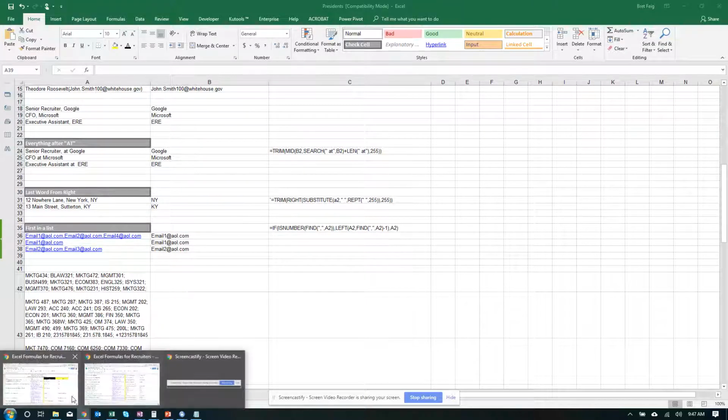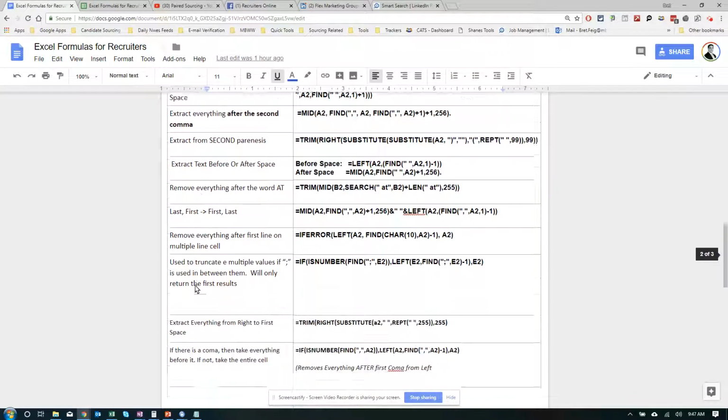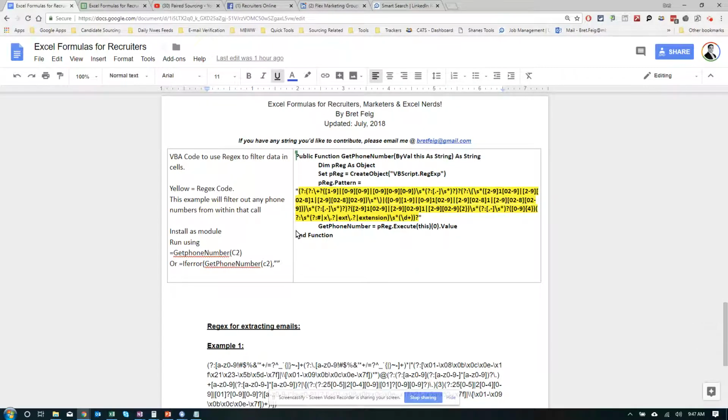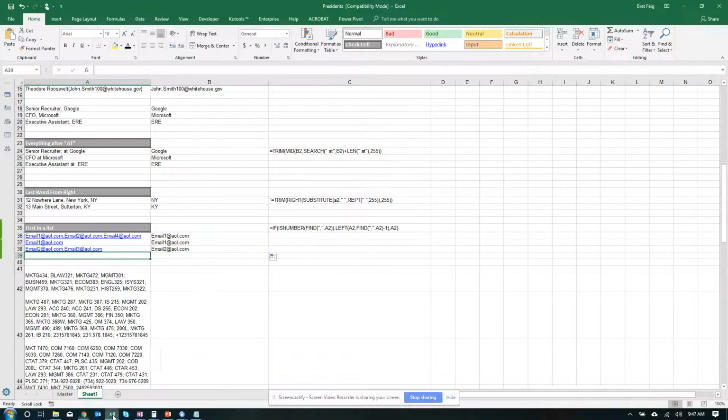Now, this last example is going to be really technical to explain to you guys, but I'm going to try to do it. It actually comes from the bottom of the sheet. I included 2 VBA formulas. I needed a way to use regular expression or regex to pull out any phone number, or in another case, email, but we're going to do phone number here, from a cell that contains a lot of things. And as you see, for some reason this particular scrape that I was doing was trying to pull the